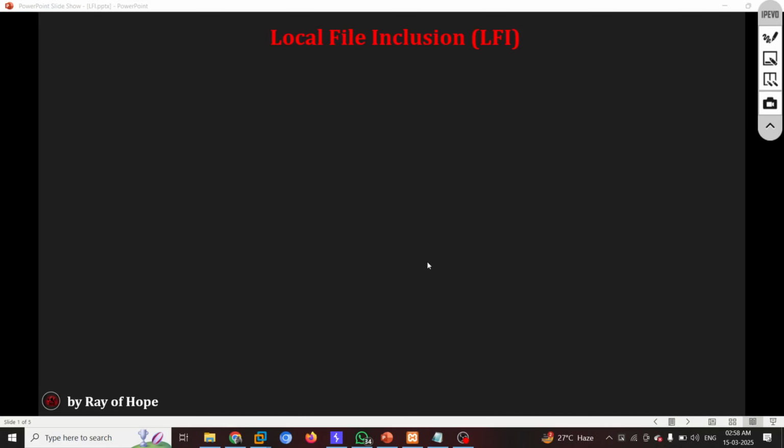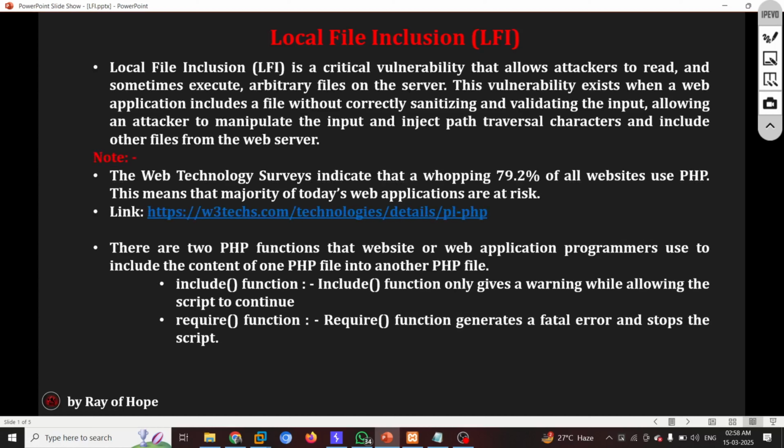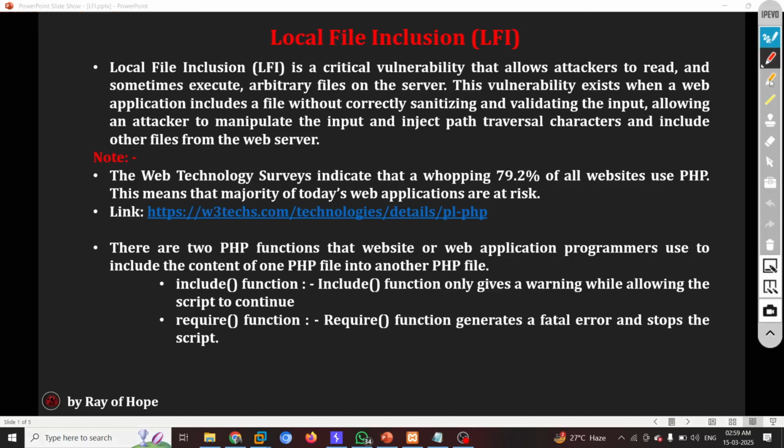Okay, so when we talk about LFI, what is LFI? LFI is a critical vulnerability that allows an attacker to read and sometimes execute arbitrary files on the server. This vulnerability exists when a web application includes a file without correctly sanitizing and validating the input, allowing an attacker to manipulate the input, inject path traversal characters, and include other files from the web server.